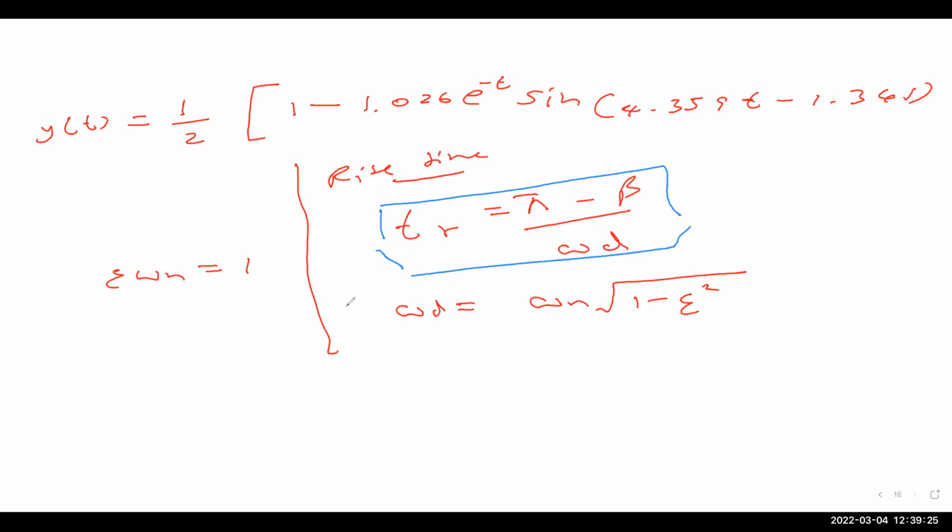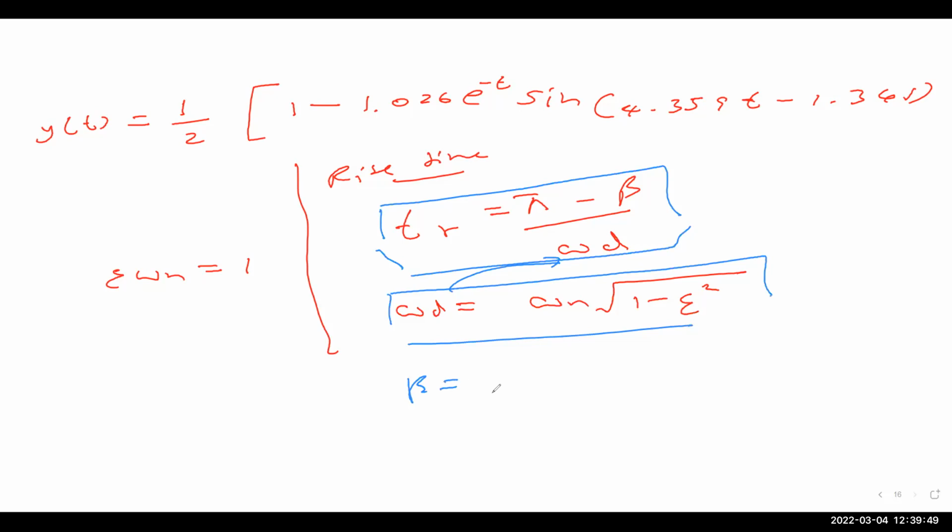Probably this might be there in your slides, okay? And omega d is equal to this. So you can compute omega d. We got all the parameters to compute omega d, right? You got omega n. You got theta. You compute omega d. You put it in here. But to find beta is simply